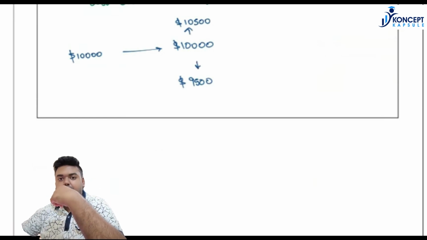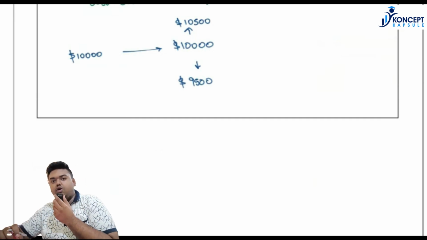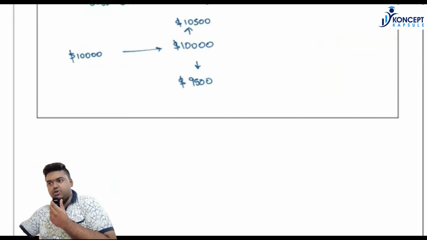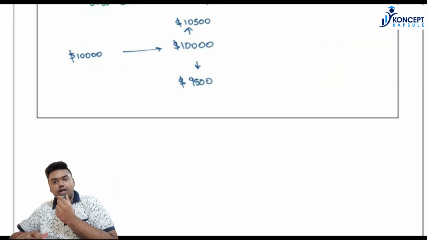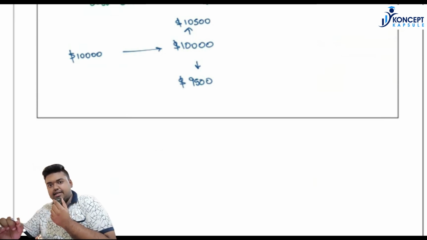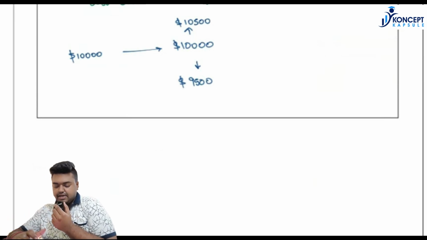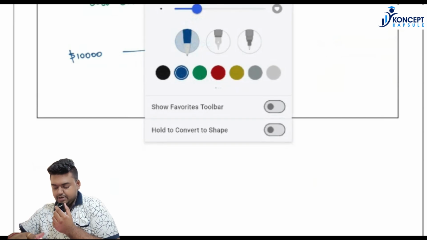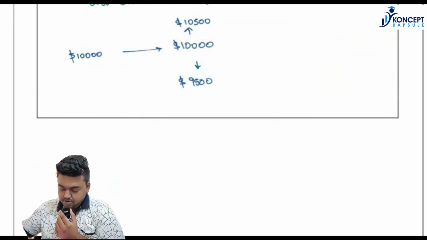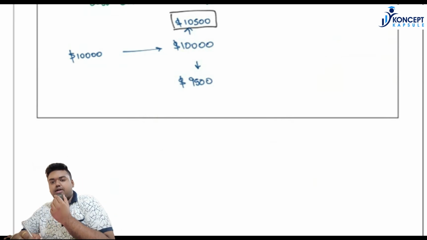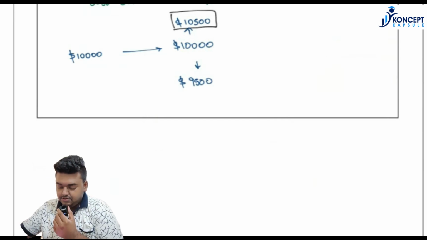In this example, when Raju only has the right to execute the contract and not an obligation, what do you think? In which instances will he execute the contract? He will only execute the contract when he is at gain. Yes or no? When he is given the right, he will only execute the contract when he is at gain, when the price of gold has increased to 10,500. In that situation, he will earn $500.